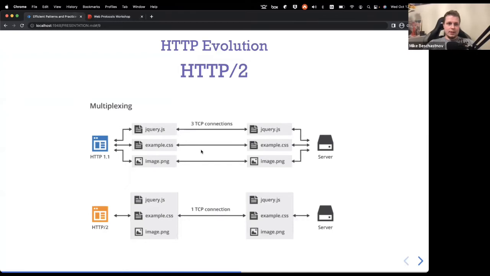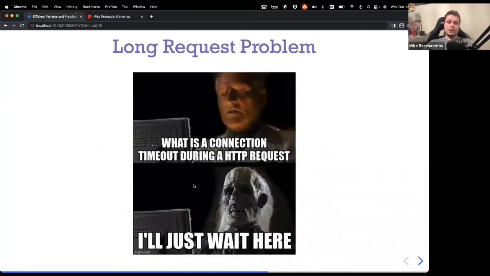What's next? Okay, yeah. So now we're coming to the next problem, which I called the long request problem, but really it is a problem that comes from the fact that on your backend you usually not only have some static data that can be served right away, but you also have some background processing. You have some long-running requests. You have some heavy queries to your database. You have some downstream calls to some downstream services that can work very slowly,